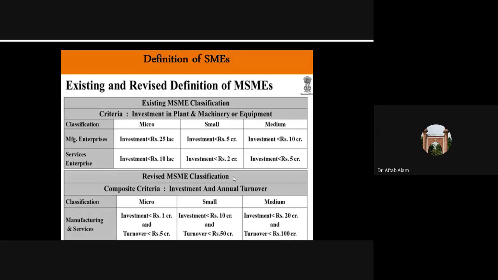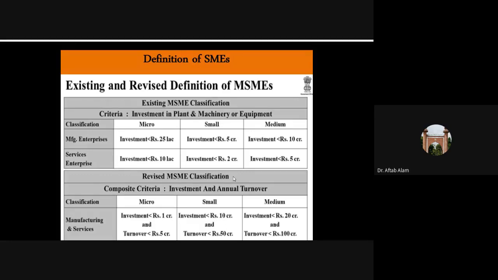In fact, micro, small and medium enterprises are classified on these two criteria. Whether it is manufacturing or services enterprise, the investment criteria for both is different, right? So the classification is done on the basis of investment in plant and machinery or equipment. How much investment is made by the enterprise on plant and machinery or equipment? So if you look at the first category, that is